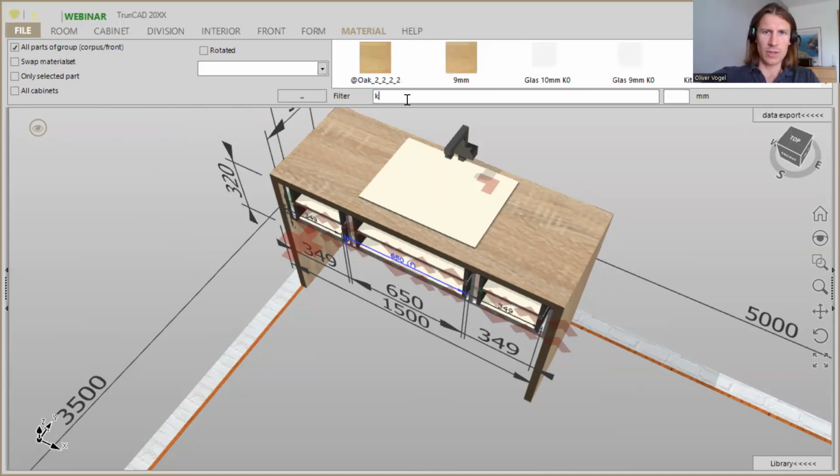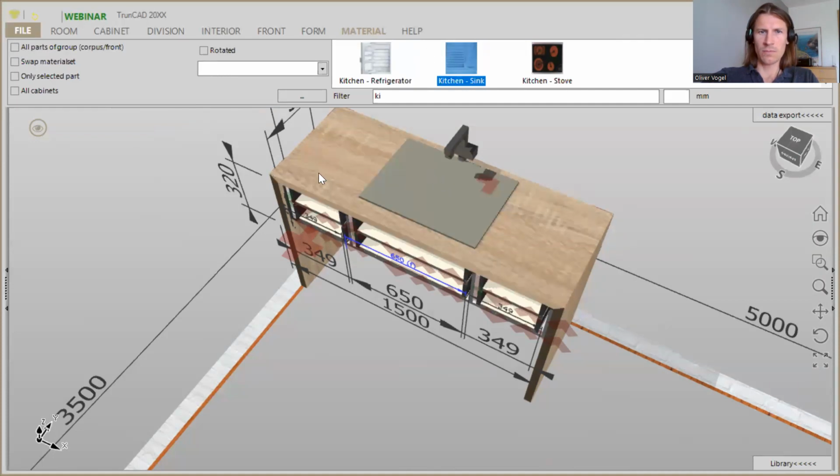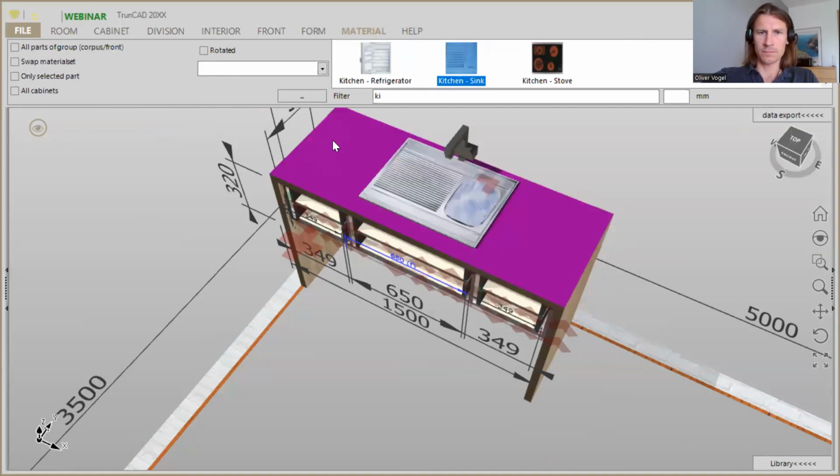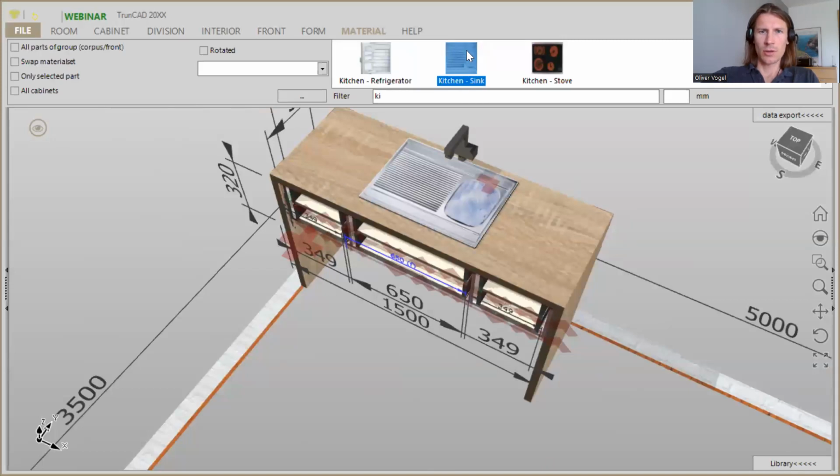You can also, when you click here on kitchen, you have here also like a kitchen sink which you can drag and drop on here, and you can also click on here to use this